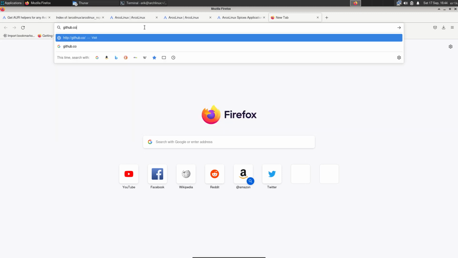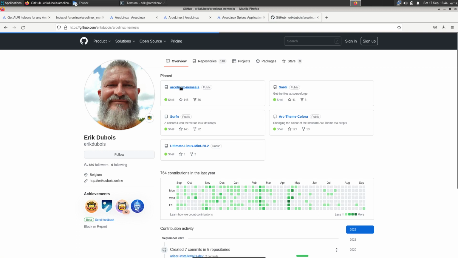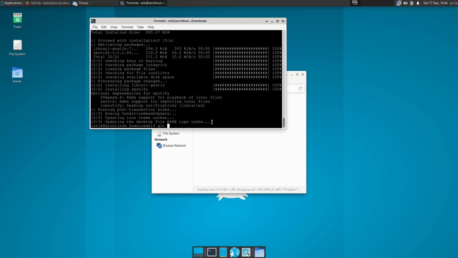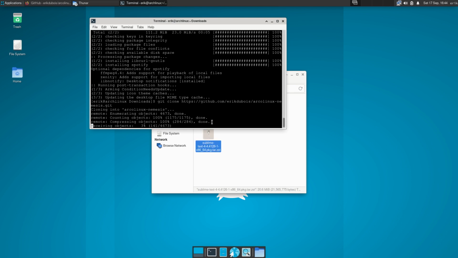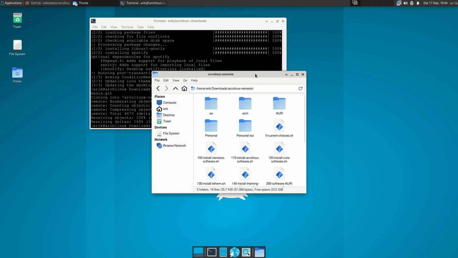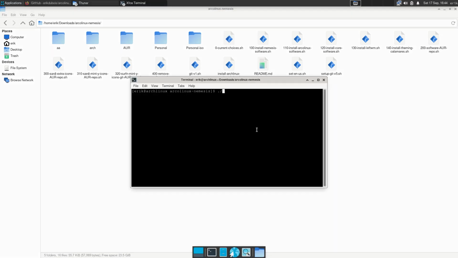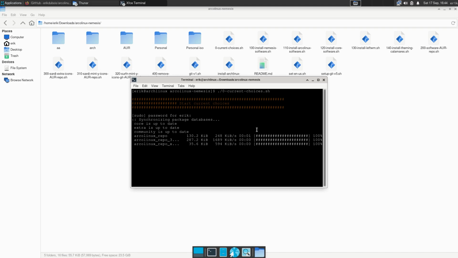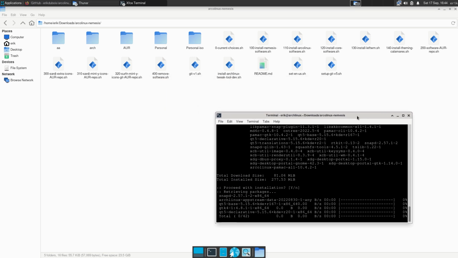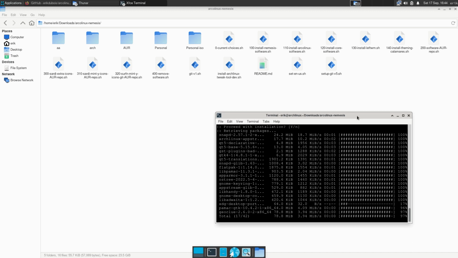Well, I make my life easy by learning how to script. On the ArcoLinux Nemesis, you can get this URL. You git clone that particular URL. That means that you have a folder, and in that folder you run number 0. That's it. Open terminal, and that's all I need to do to make an ArcoLinux better. And take a look at all these files. The content of the files is just a simple thing like sudo pacman -S firefox, sudo pacman -S meld,